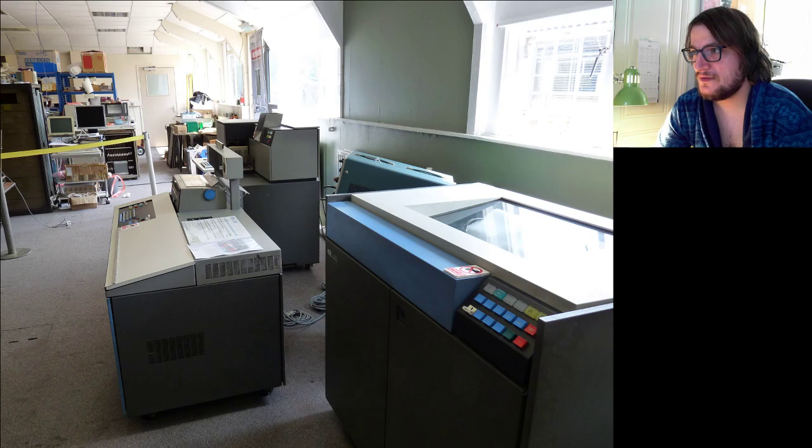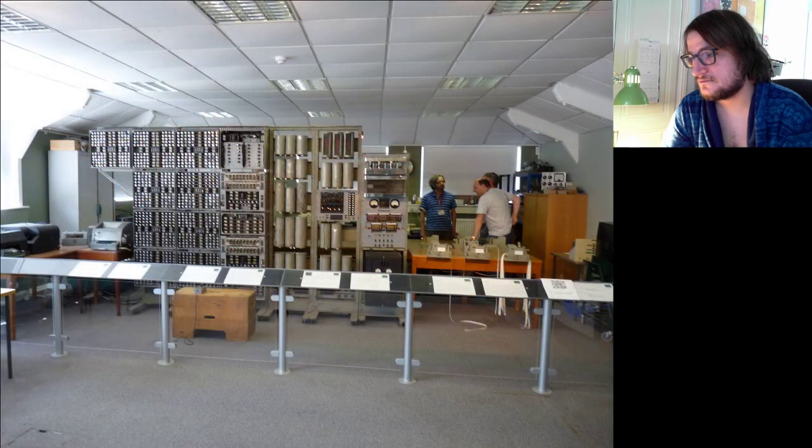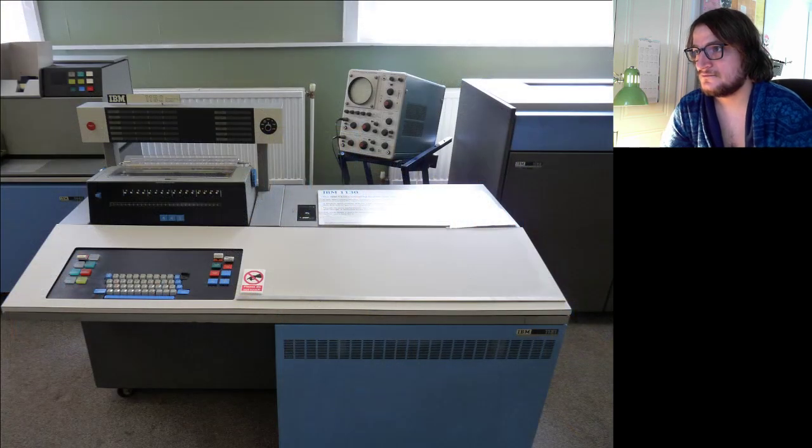Then we have some more bits. This is a room that the Witch was in. I didn't actually find all this the second time round. They even moved it all, or... because I did actually go back here a second time. And then we have another shot of the Witch computer. Then we have the old